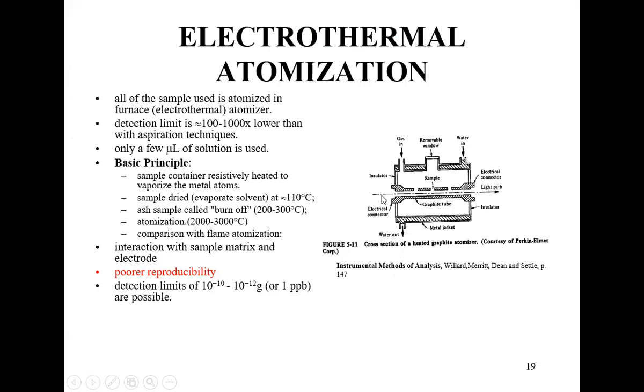Then you notice there is light going through the sample as it's evaporated and ashed. Then we have two electrodes, and you have to cool it. So this jacket here, you see the jacket, water in, water out. It's going to surround the graphite tube that is placed within two electrodes. And usually, if you remember